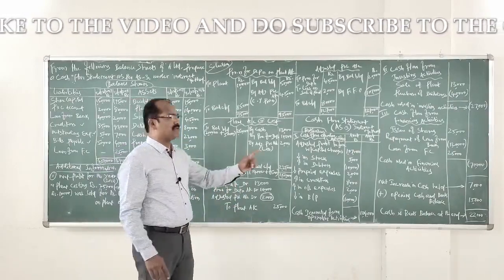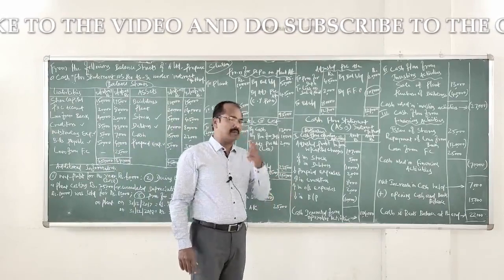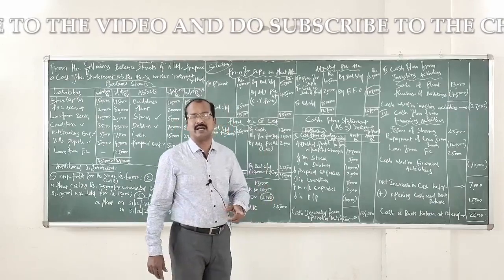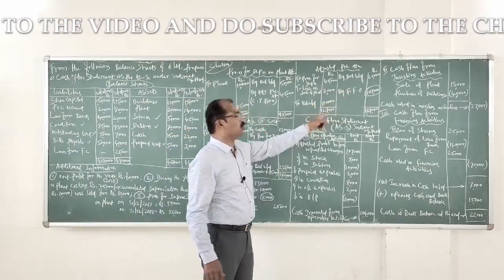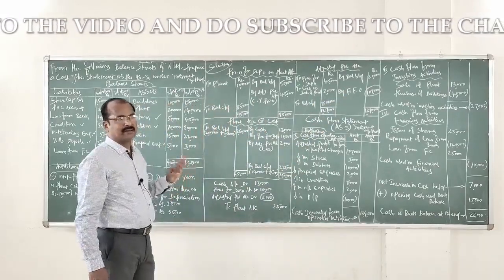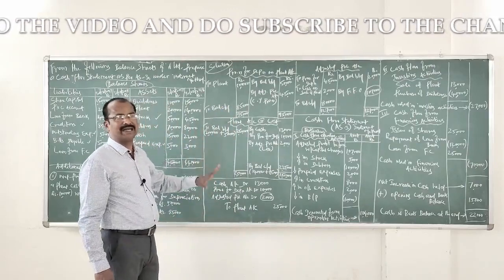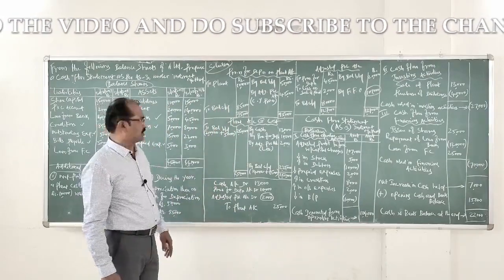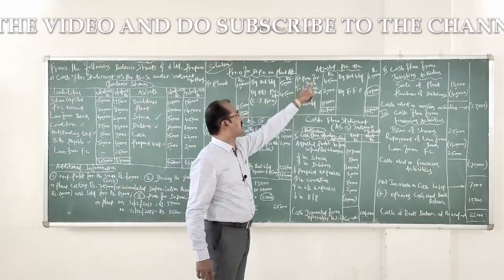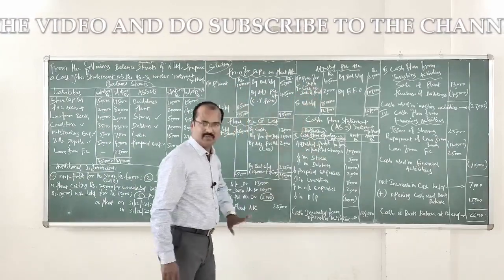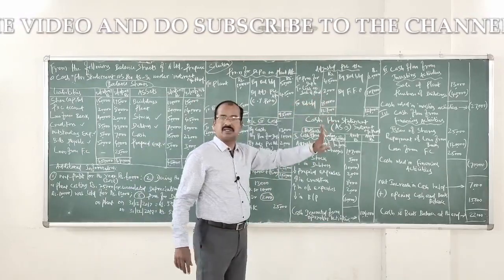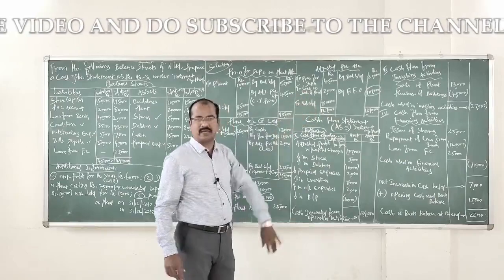Now let's get into the final ledger account related to this particular problem. What is that? Adjusted profit and loss account. Profit being a credit balance, let's write the opening balance in the credit side. By balance brought down, to balance carried down. Now let us do posting of the entries related to adjusted P&L account that we can derive from the ledger accounts we have opened first. Now see, adjusted profit and loss account debit to provision for depreciation account is done. Now adjusted profit and loss account debit to plant account, this is for loss on sale of plant 2,000, that is also entered.